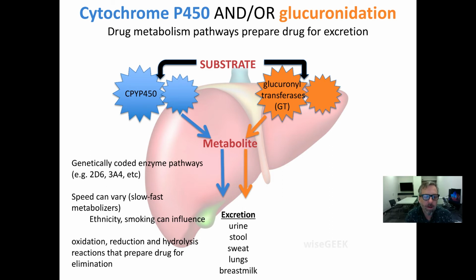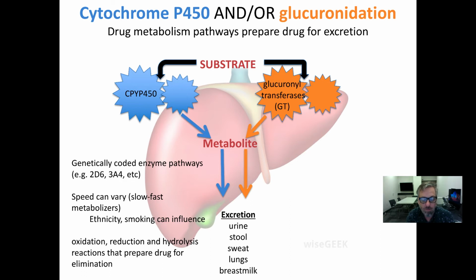Now, when we're talking about the cytochrome P450 system, we refer to these genetically coded enzyme pathways, and they have these somewhat cryptic, but you'll quickly become familiar with, terms like 2D6, 3A4, 2C9, etc. These refer to the pathway which will break down a specific drug. Now, the speed at which these little machines work can vary somewhat. There's some variability from person to person, and there's